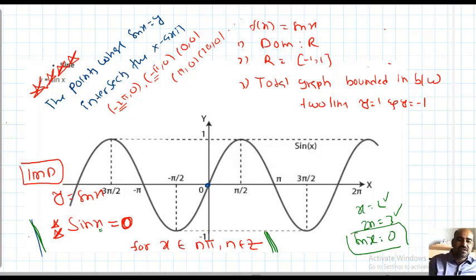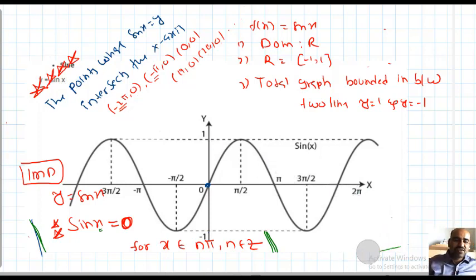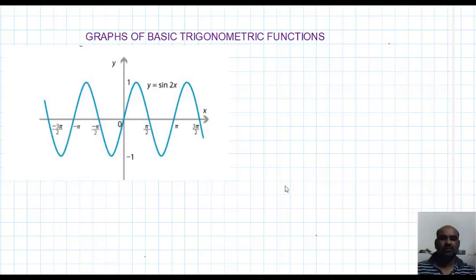So this is the graph. Actually, the sine function is a periodic function with period 2 pi only. I don't want to say that one now, because the periodic concept has not started. After completion of the periodic concept, I will show this graph again and explain what the period of the sine function is, and why the period of the sine function becomes 2 pi.